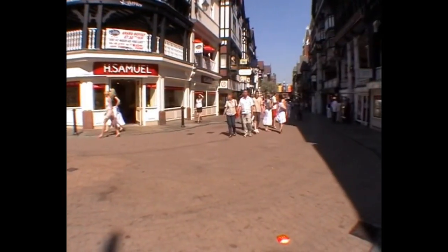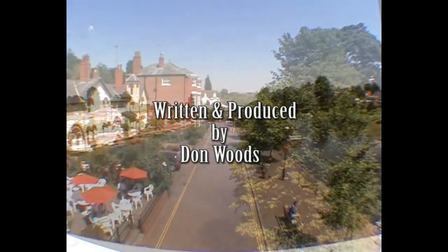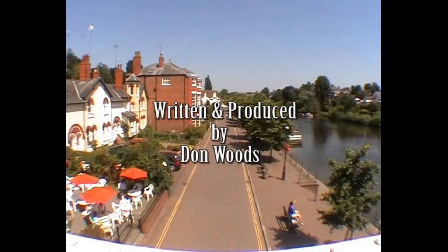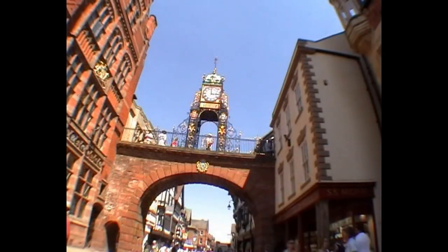Chester City on the River Dee, Chester City, steeped in history, quaint and